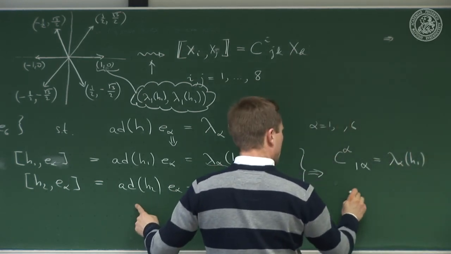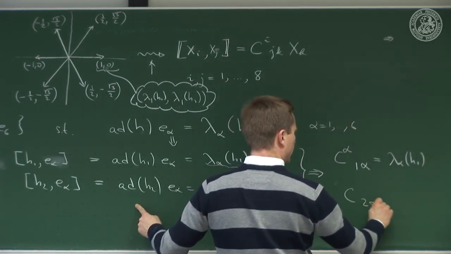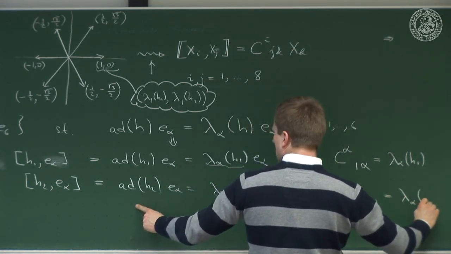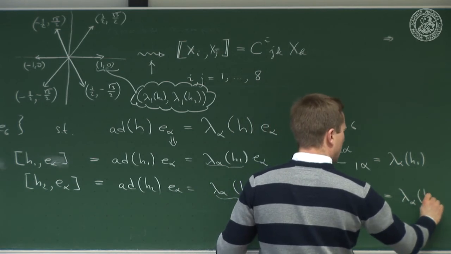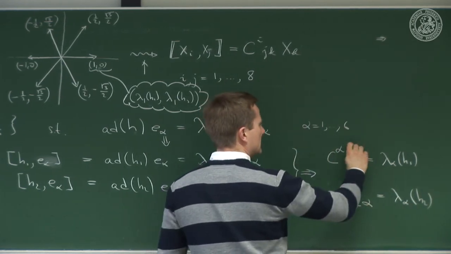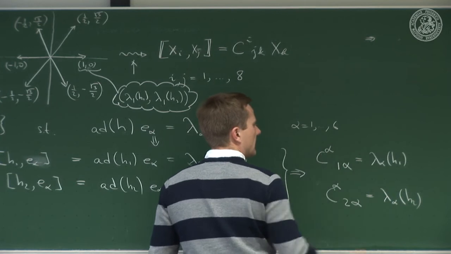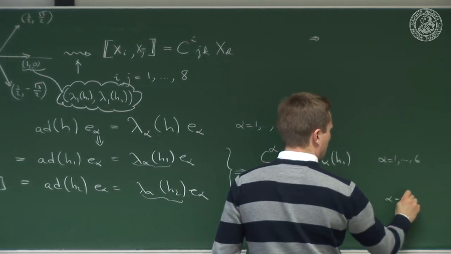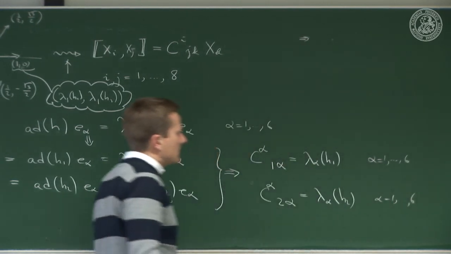And down here we have c_{2 alpha}^alpha is lambda_alpha of H2. And here there's no sum. Okay, so this is really the alpha alpha. So alpha runs from 1 to 6. So we get